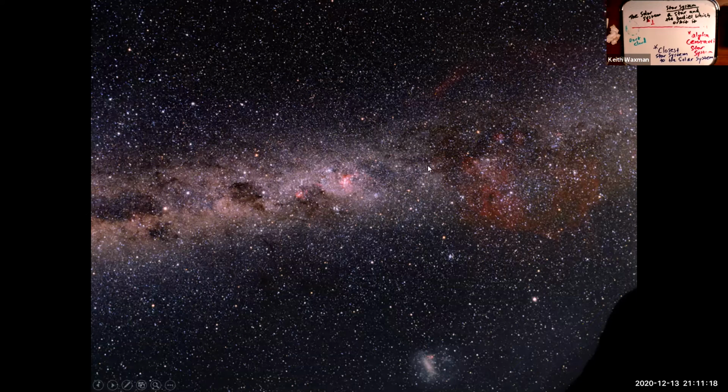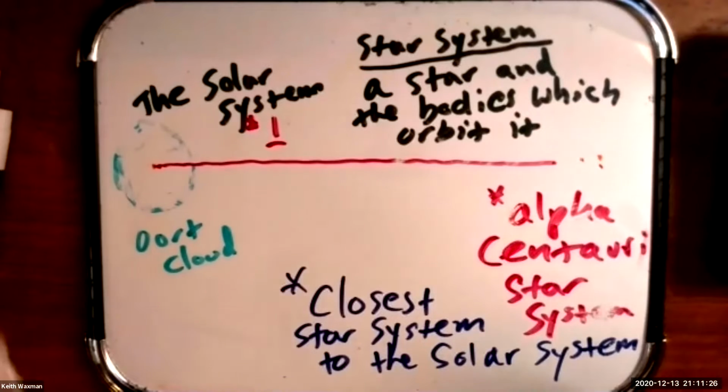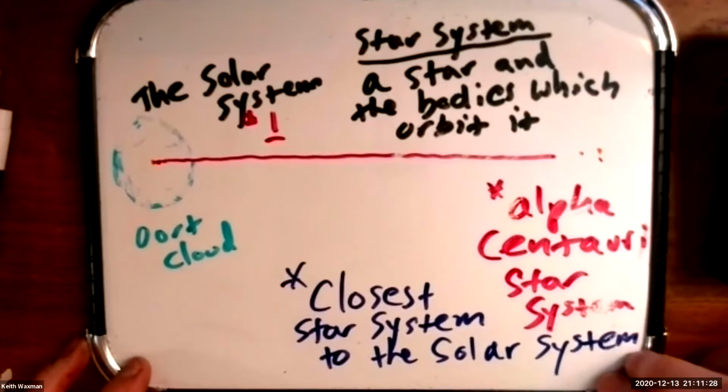Do you notice something here, this band of light? Let's talk about this. Let's talk about what that is. So we're going to stop share here. What we have to do to talk about that,